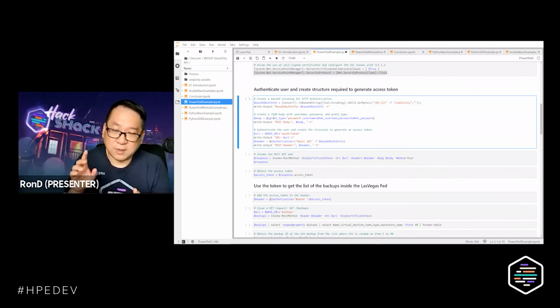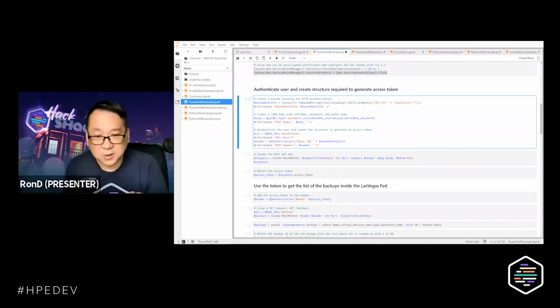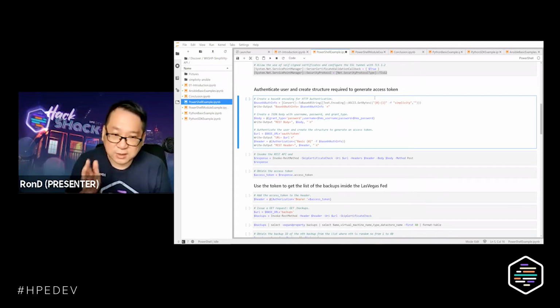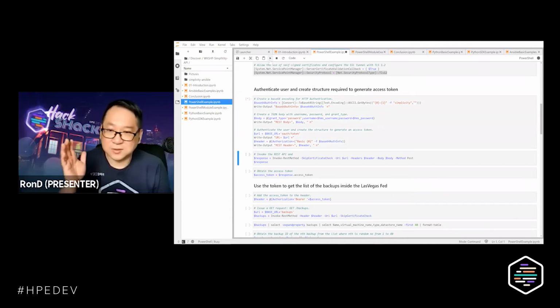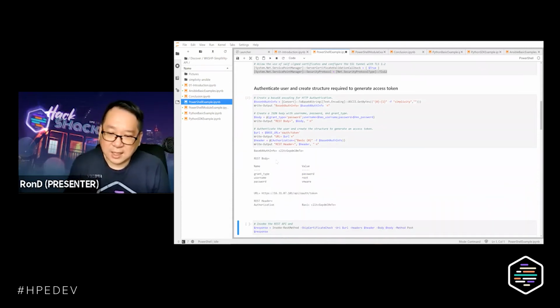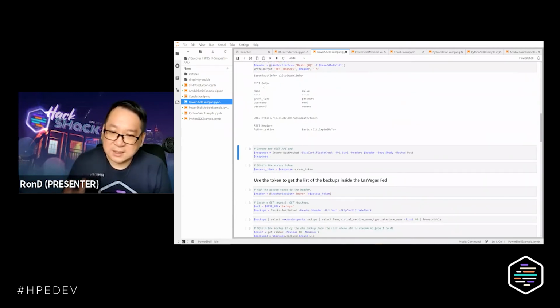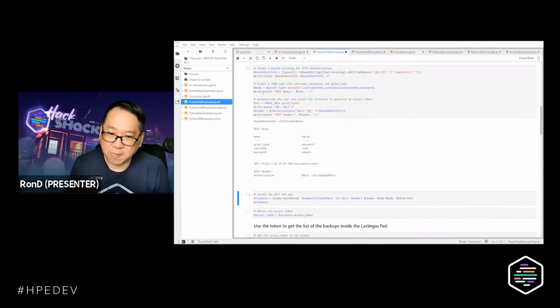And then as a result of that, once the user is authenticated, they will use a token and carry the token for every operation that we need. So this is how you generate the structure to generate the access token. And then we will be using that for more of the exercises. All you need to do is just click on the play again. And you can see the information that was returned from the creation of the parameters that is required for us to generate the OAuth token.